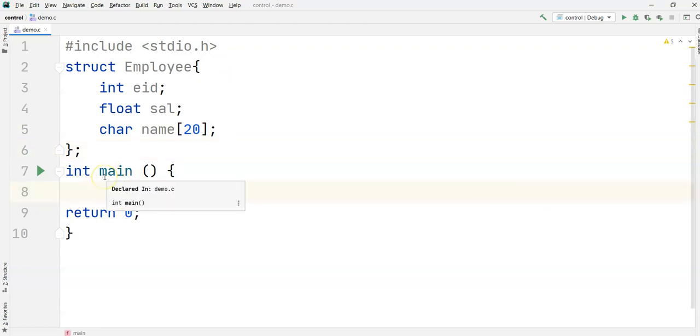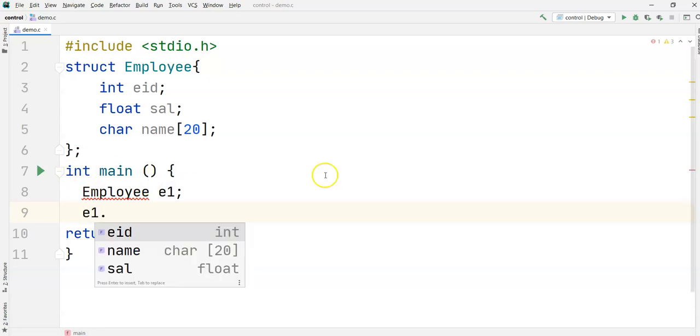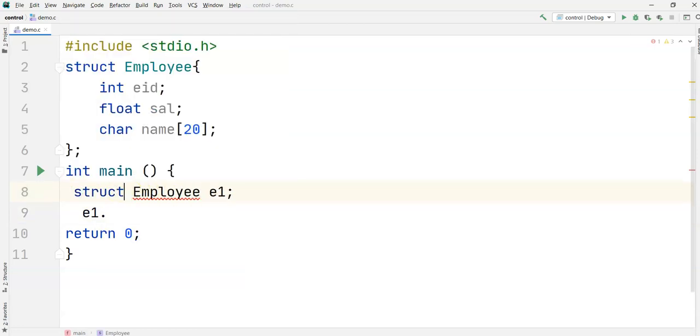Now let's create a variable for employee. struct employee E1, you can take anything. struct employee E1. E1 dot EID is equal to 101.